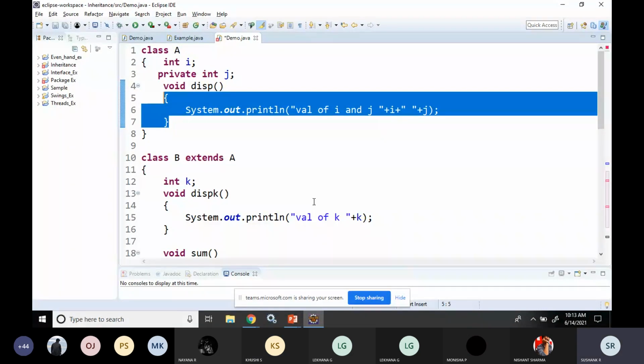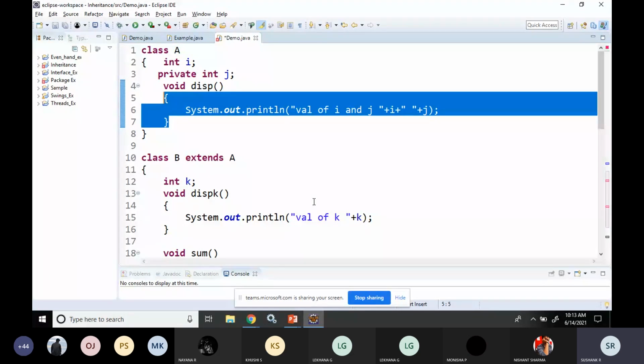Okay. So now you know how to create a relationship between two classes, what will happen when the members are private, and what will happen when the members are public. Now we'll talk about one small example.